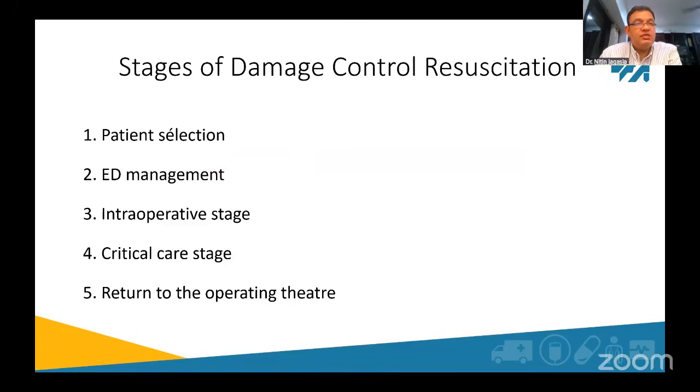Steps. So first is the selection. Not every patient needs damage control resuscitation. It goes back to the same concept of responder, transient responder, non-responders. By and large, the non-responders are the people that will need damage control resuscitation, where you're trying to do all of this together. There is a specific role in the ED where we are trying to identify where the tap is, which tap is open. Intraoperative, like I mentioned, there is a defined period, as little as possible, to get control of the bleeding.